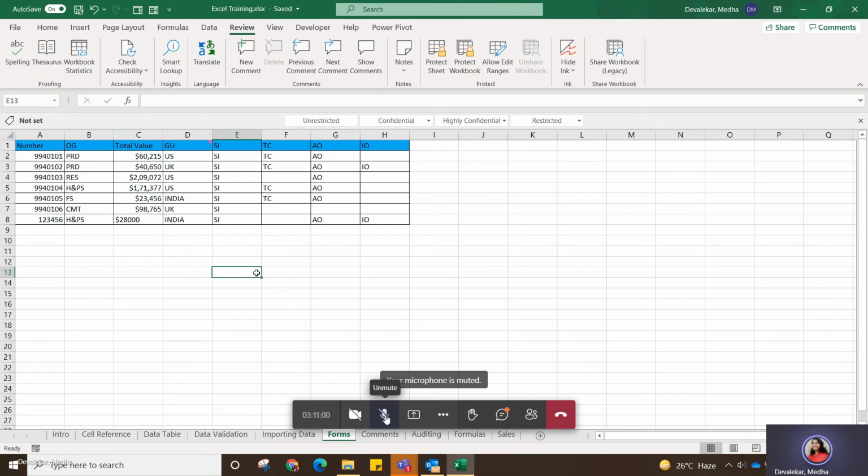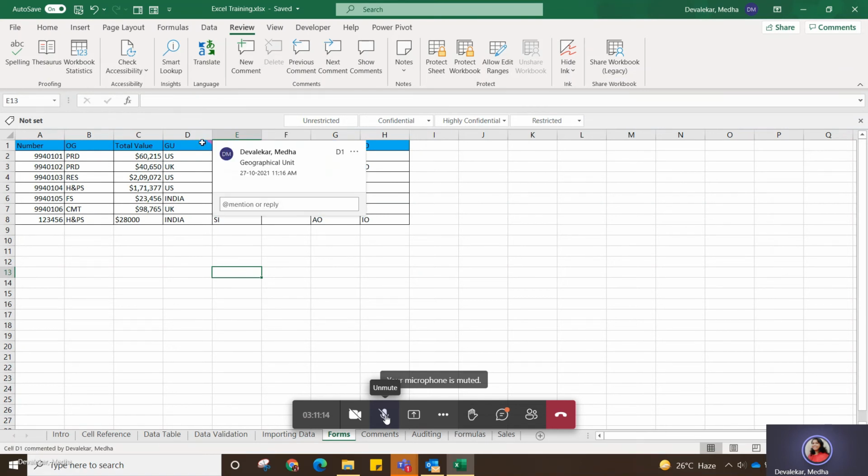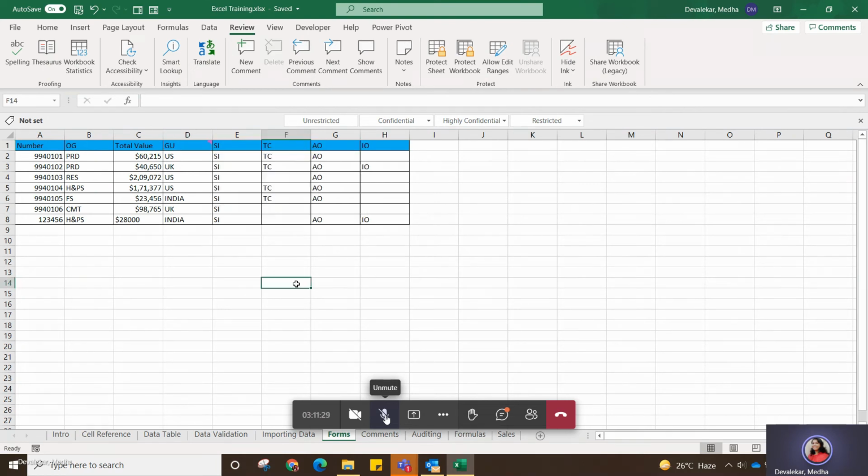I'll review the reports, and if I find something which is not correct in that Excel, I'll add a comment for that person. I'll mention a name, and dash, and then I'll write some comments here and send this Excel to that particular resource.